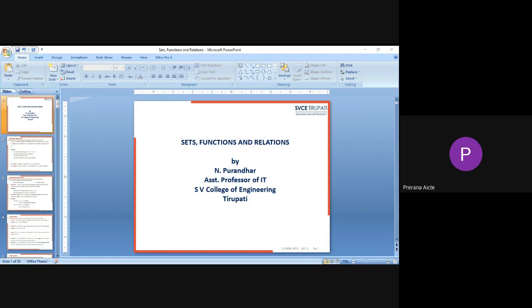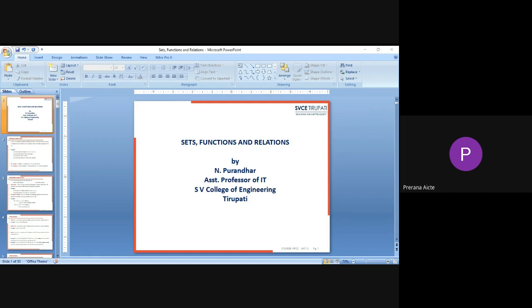What is a set? What are the different properties of a set? Later on we can move to other topics. So first, coming to set: a set is an unordered collection of different elements. If the order of the elements is changed or any element is repeated, it does not make any change in the set. That means simply it is a collection of elements. If any element is repeated, no need to represent that. No need of any order. We can represent all those elements as one single object.